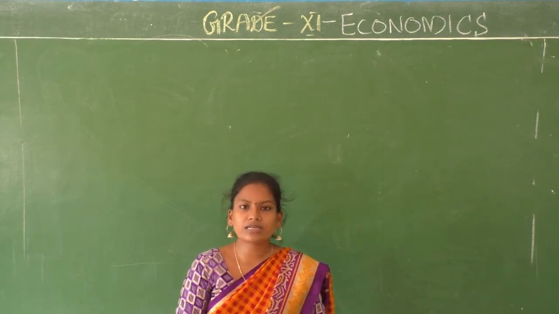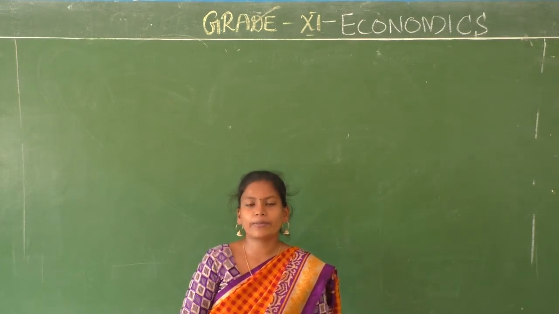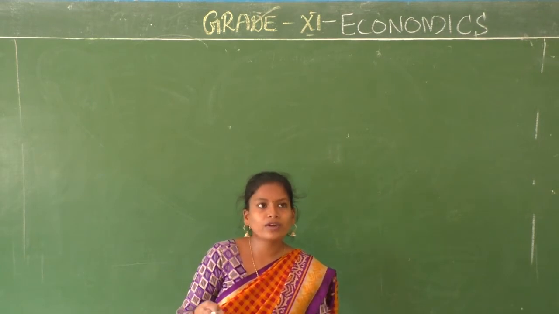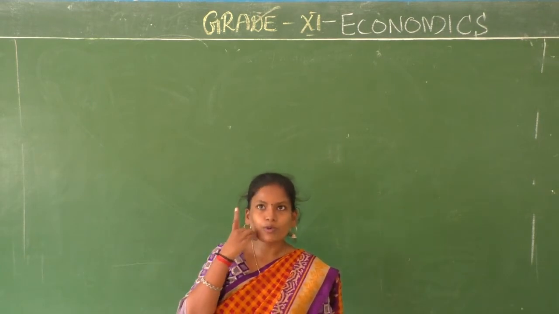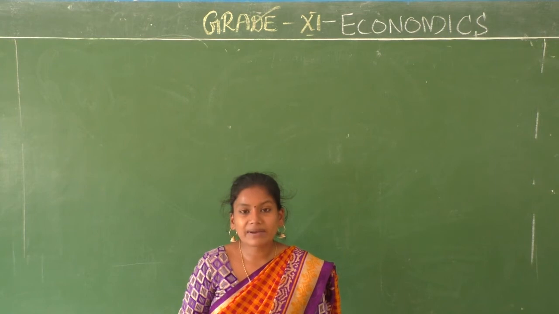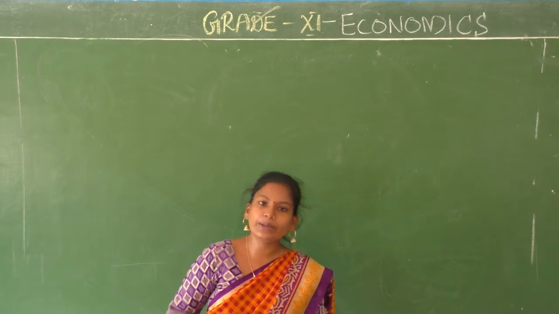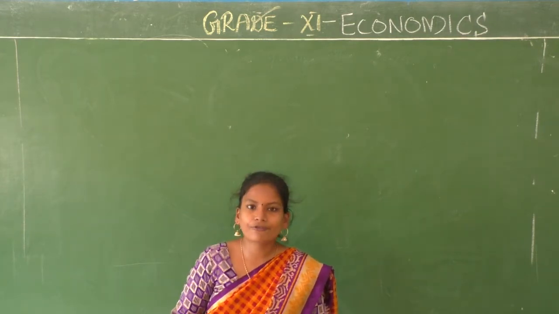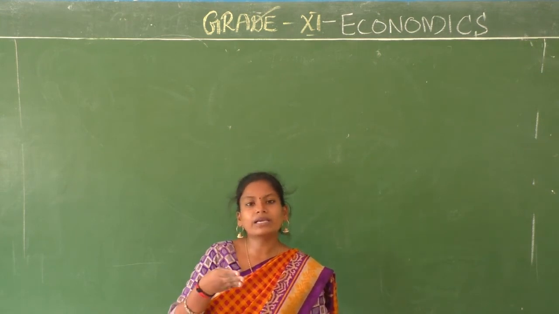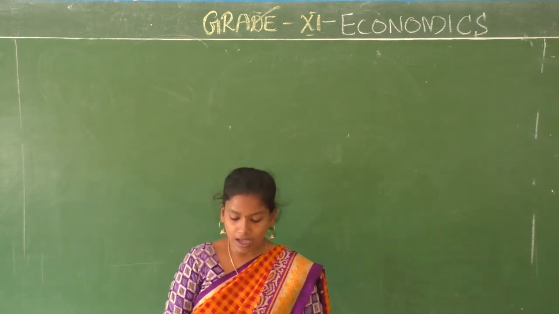Then non-response errors. Non-response errors means, in a mailed interview, you send your questionnaire, but they don't respond to you. You expect 100 people to respond, but only 70 people have responded. You have got the maximum, but still, what if these 30 people have a difference of opinion? What if these 30 people's answers will change your study? Of course, these 30 people's answers will change your study. When they don't respond to you, that becomes a non-response error. Okay, that is one of the non-sampling errors.